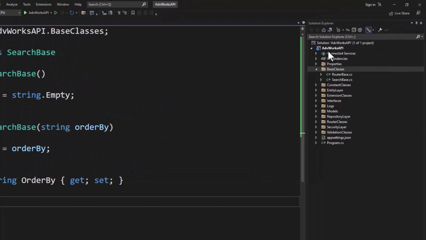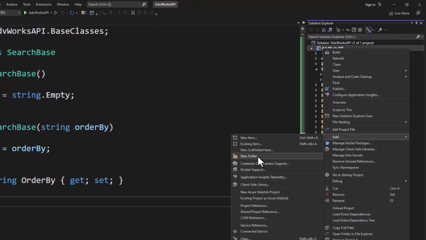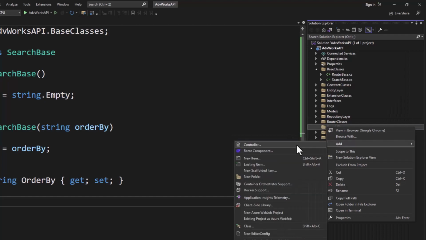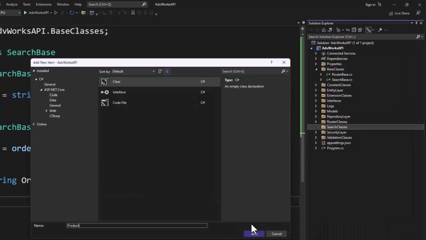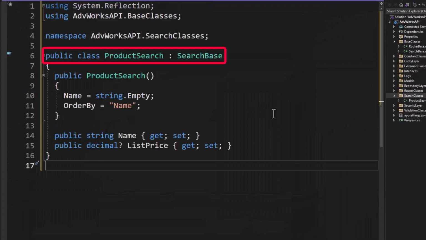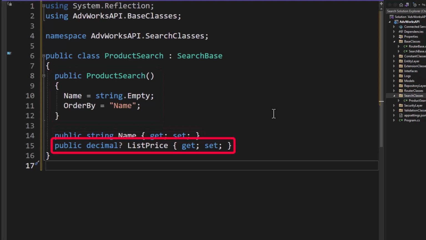Next, let's go over and right mouse click on the project, add a new folder called SearchClasses. We'll right mouse click in here and add a new class called ProductSearch. Let's go ahead and put some code in here. Now this one, what it does is it's going to inherit from SearchBase. In the constructor, we're going to initialize the Name property to an empty string. We'll initialize the OrderBy from the base class to Name. And we're going to have a public decimal, which is nullable, called ListPrice. So we want to be able to search by either name or by list price when we're searching through the